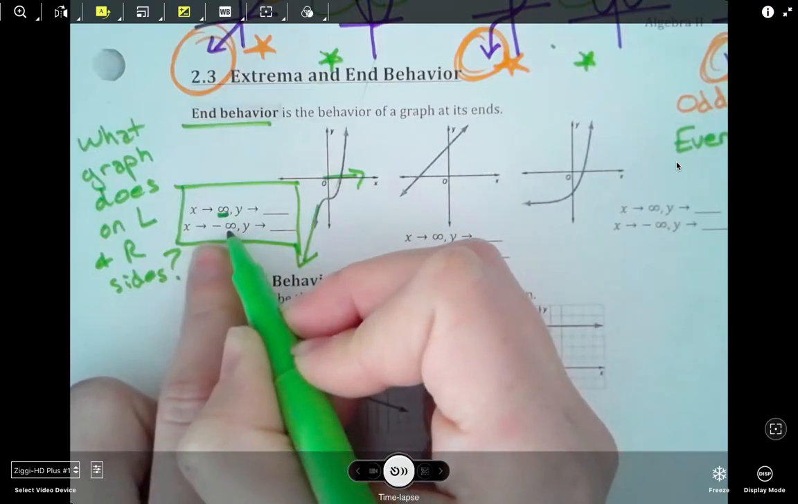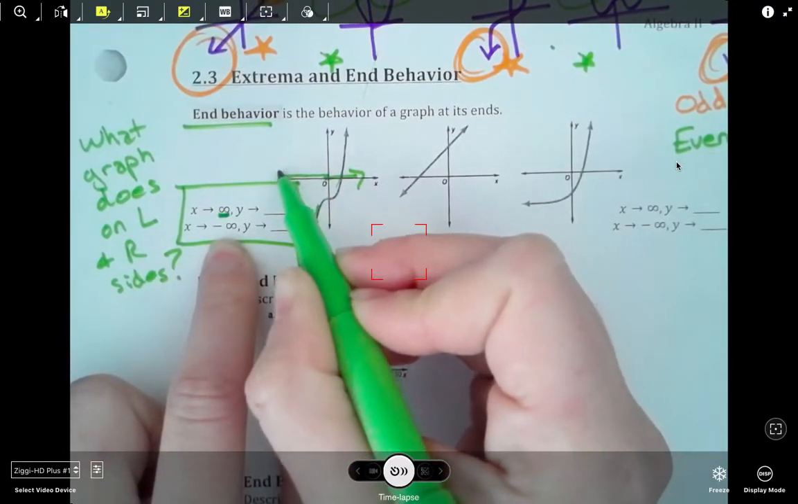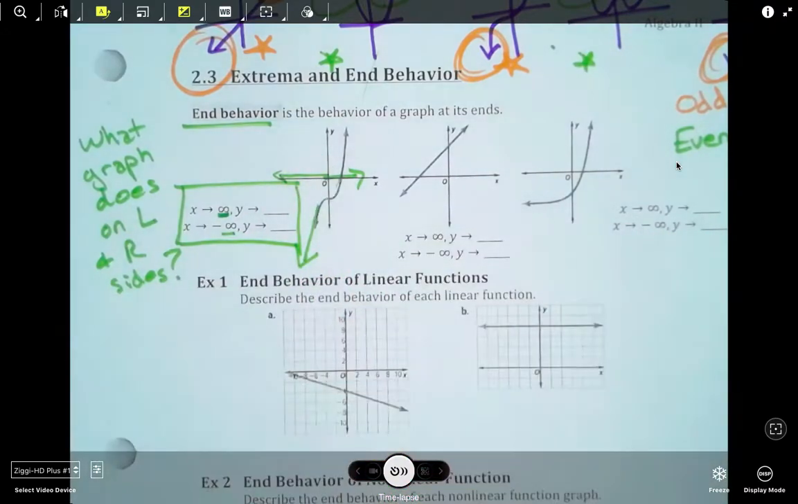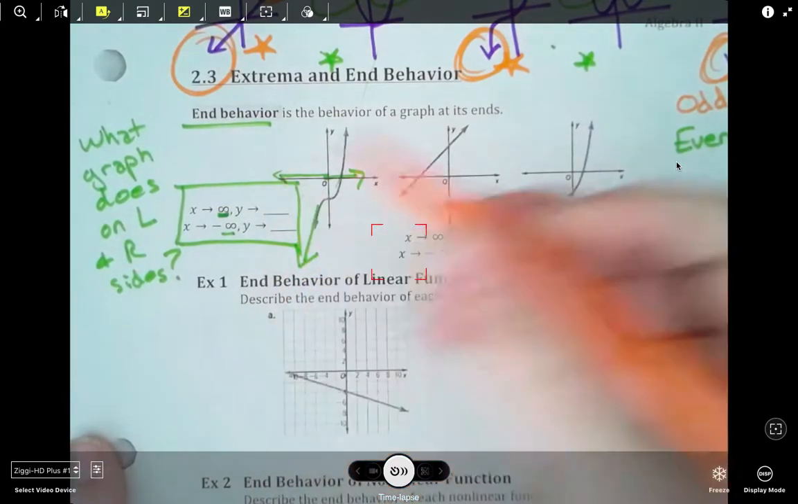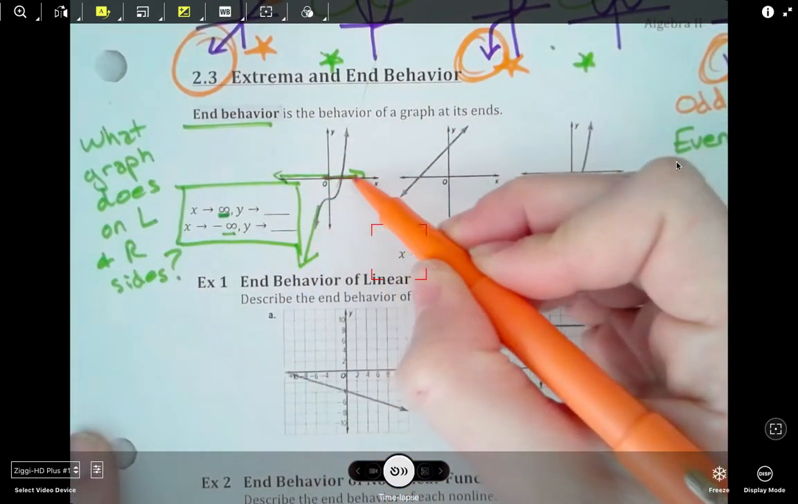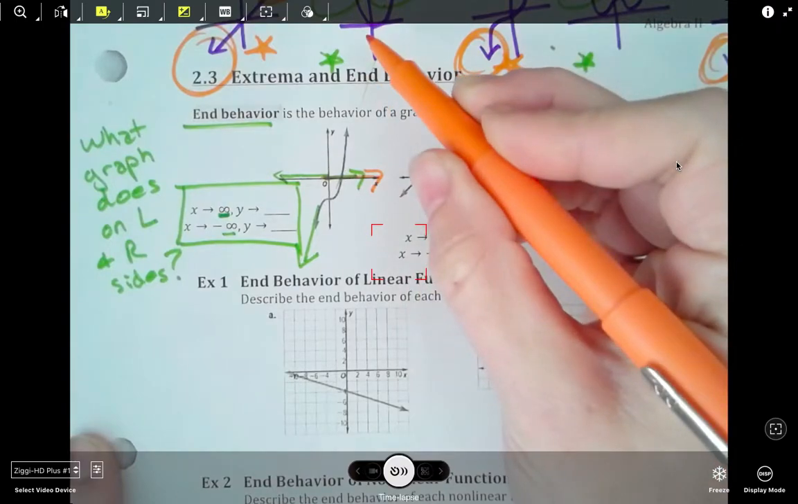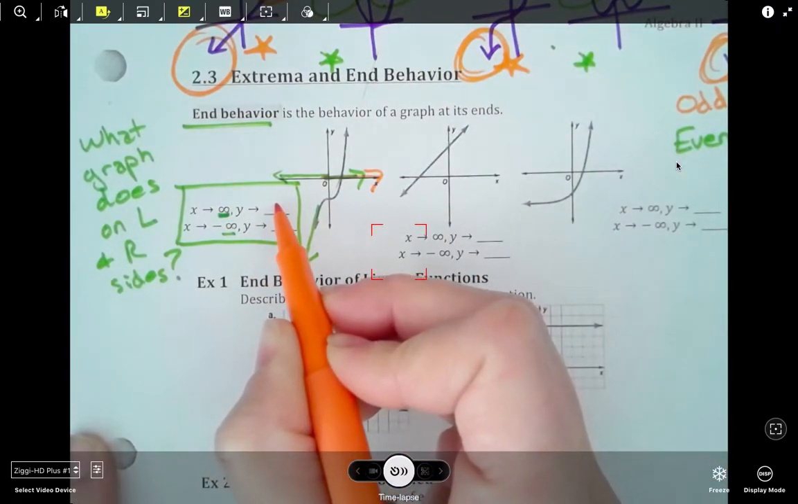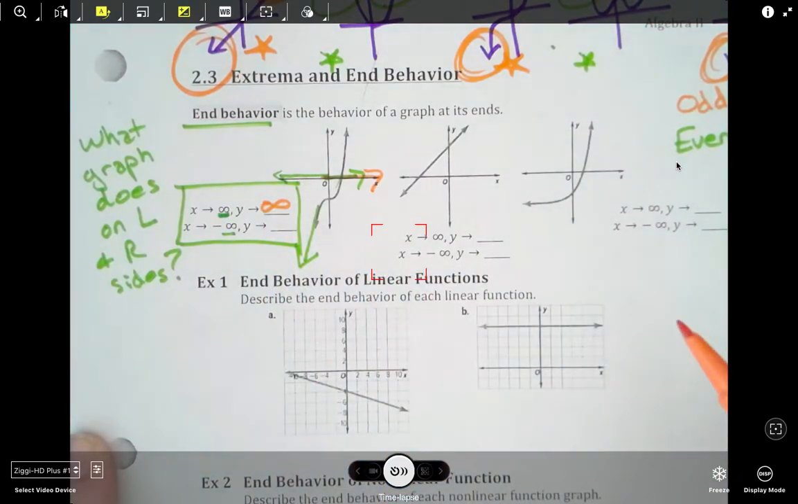And as x approaches negative infinity, which means as it's going to the left, what's the graph doing, or what is the y coordinate doing? Okay? So here, we're going to go ahead and fill this blank in. As the x's are going to the right, my graph is going up. So is this going to be a positive infinity or a negative infinity? Positive infinity. You're just going to put that symbol there,